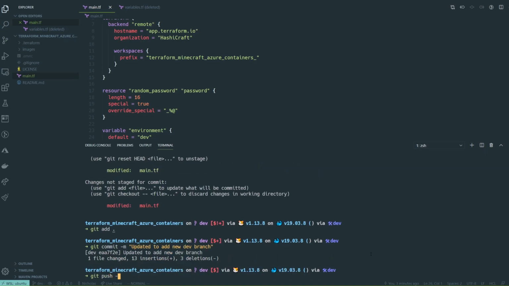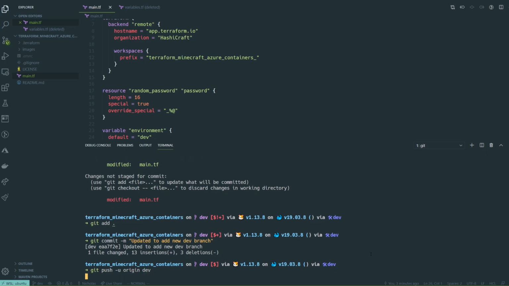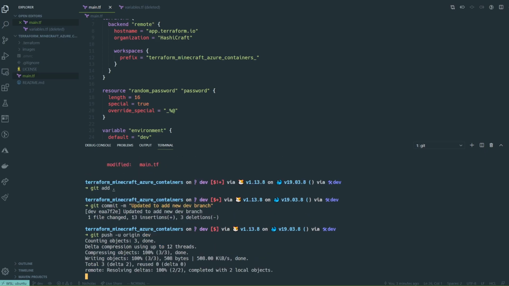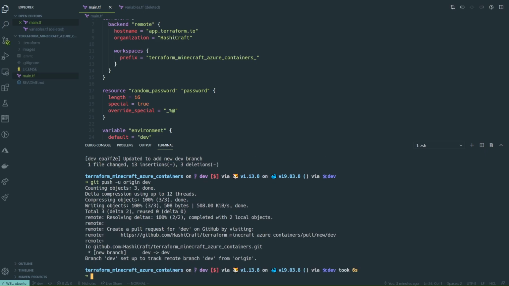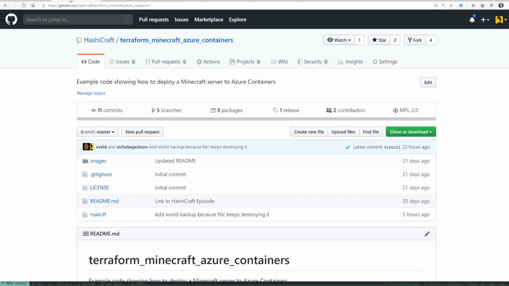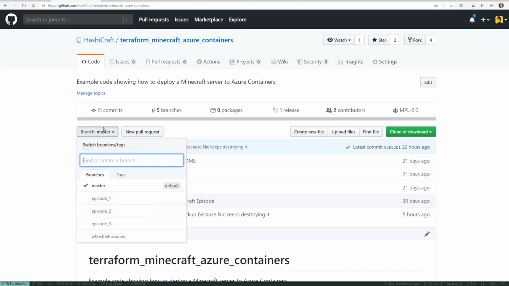And I can push that to dev branch inside there. And now that that's in GitHub, what we can do is specify the dev branch there. And what that is going to do is we're now going to get a build whenever we go to this dev branch.